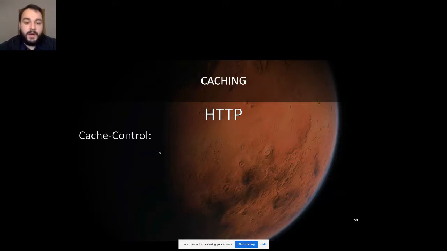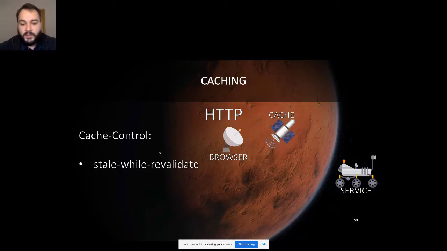And I want to talk about the Cache-Control header, which allows you to set up a pretty decent caching mechanism. Specifically, the options of this header, which is stale-while-revalidate, which allows your browser to consider the cache in case your result is stale, to still take it from cache and asynchronously update the cache. This will be useful for our event service, for example, which takes too long to respond.